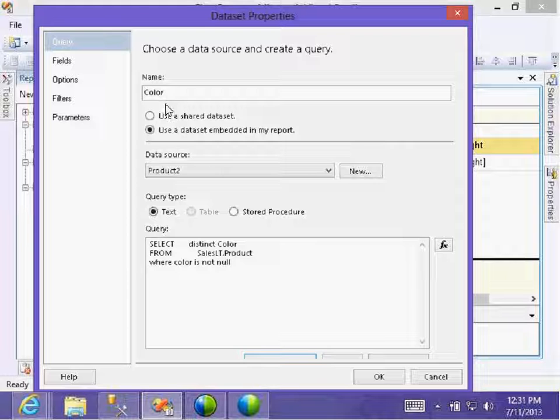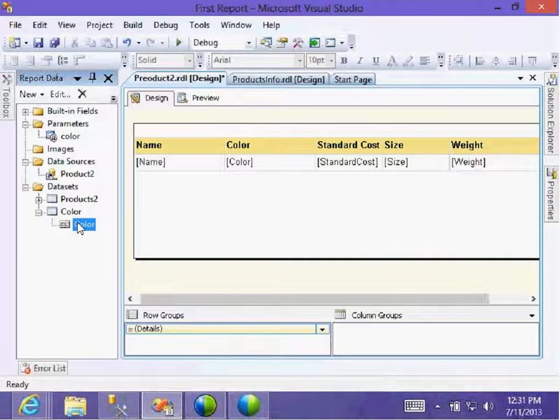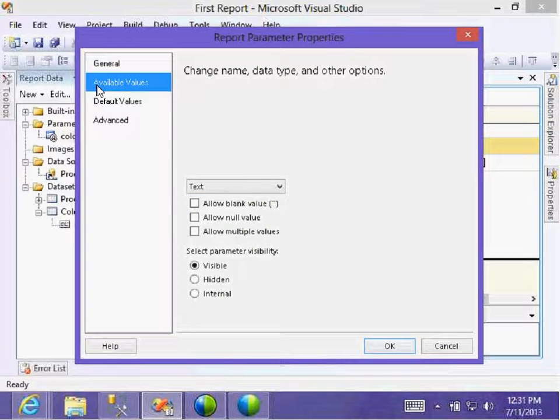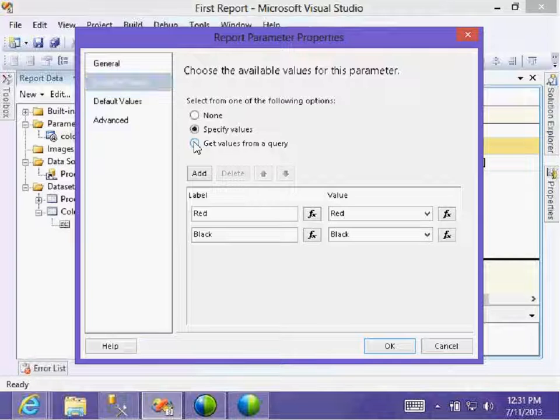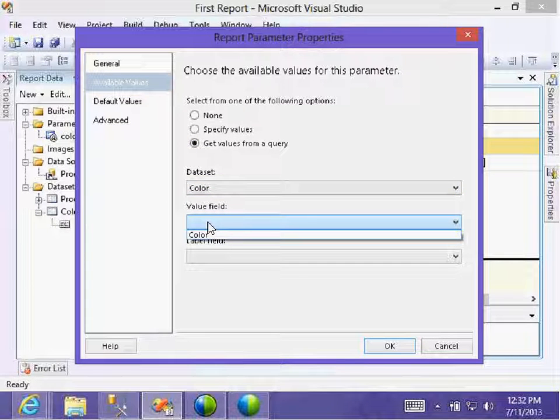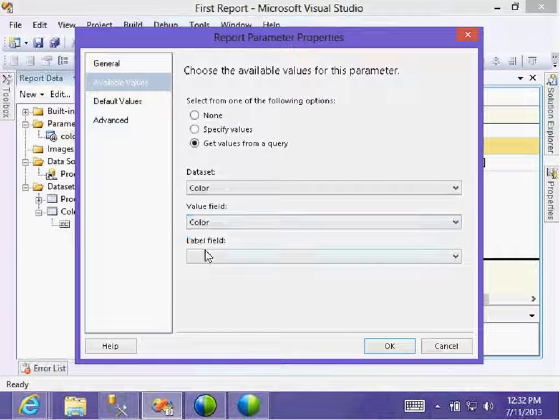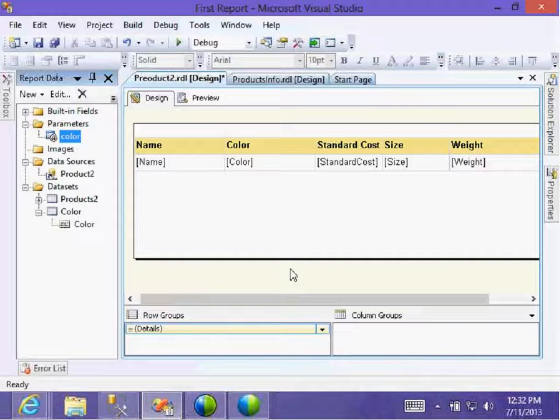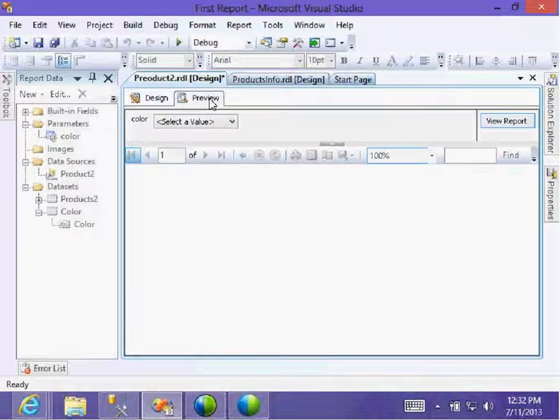Color, you need to properly name it. Then parameter property: values from a query. The query is what? Color display field, color actual display: color. Then preview.